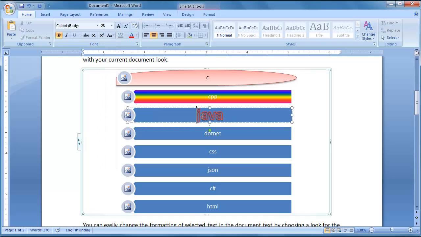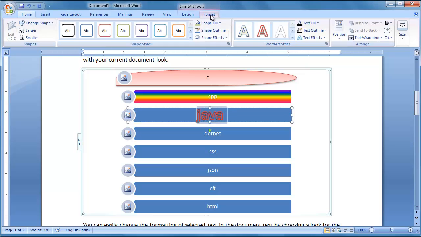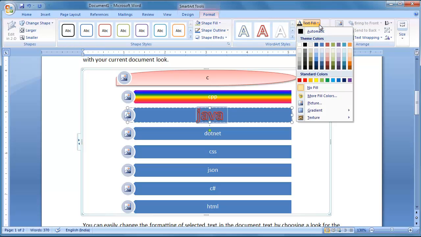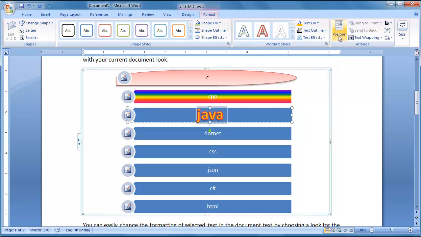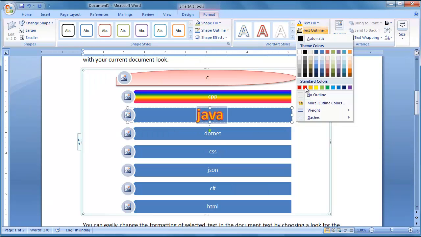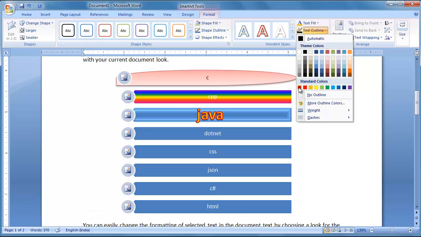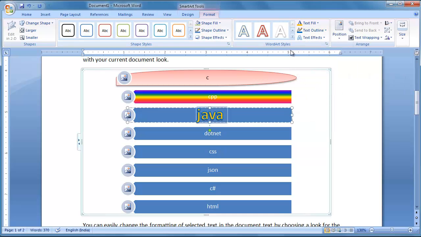If you want to fill with some color within the letters, the gap within the letter, we have to use text fill. Whichever color you want to fill, you can fill with. This is the outline color. This is the fill color. This is the outline color. Suppose I want to fill with this color. Okay. Whichever color we want to fill with, that color.